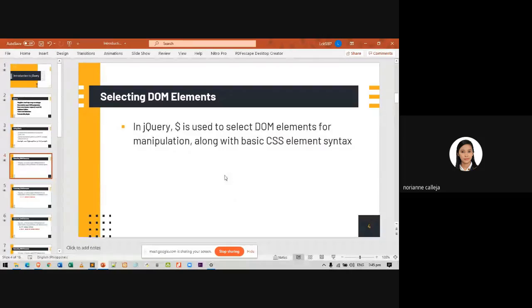So, first is to select all elements. How are we going to select all elements from our HTML document? When I say elements, those are the tags that are present in your HTML code or HTML script.